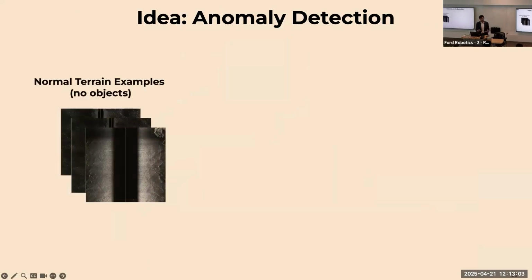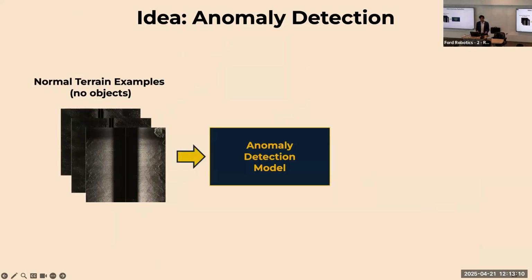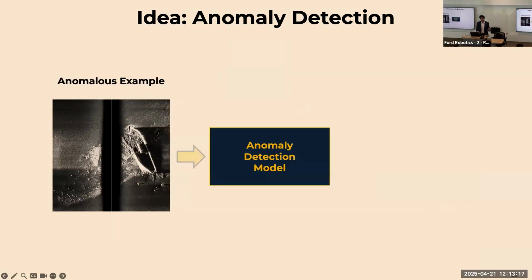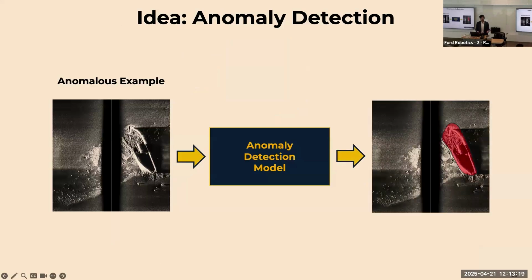Finally, another potential way you can tackle this problem is thinking of it as an anomaly detection problem. So we have access to a large amount of regular terrain without any objects in it, and these are easy to collect. Suppose we train an anomaly detection model with this so that it learns what normal terrain looks like. During test time, we can give it an anomalous example with an object, and it would be able to tell us that this area is actually anomalous with respect to what we have seen before. This is particularly attractive because it doesn't require any labels in the real data domain and can generalize pretty well given only access to normal examples.